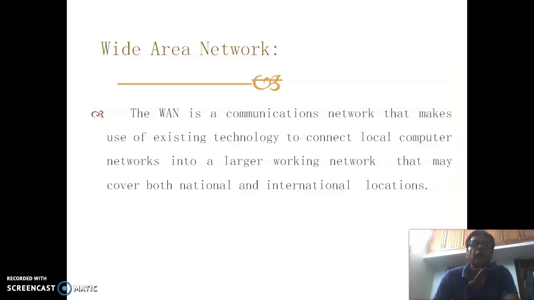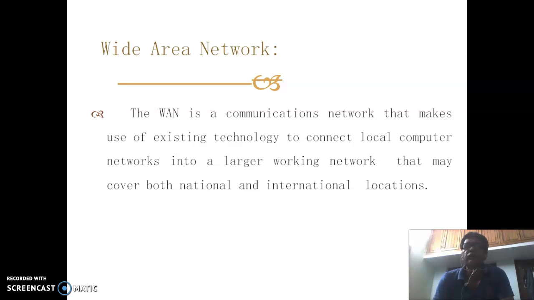Then wide area network. Another thing, in our local area network we have a disadvantage. Local area network is meant for a small area. That means we can use a local area network inside an office, or inside a big building, or inside an organization.